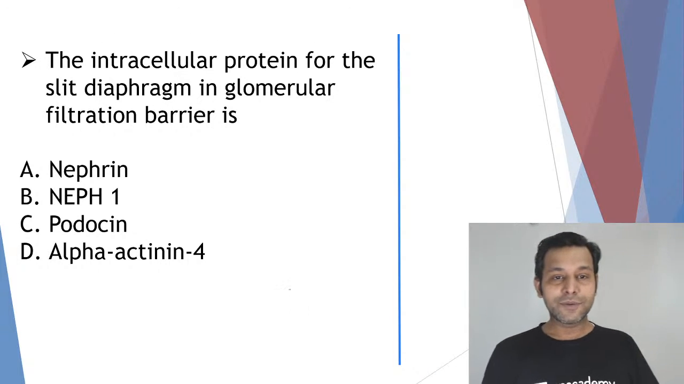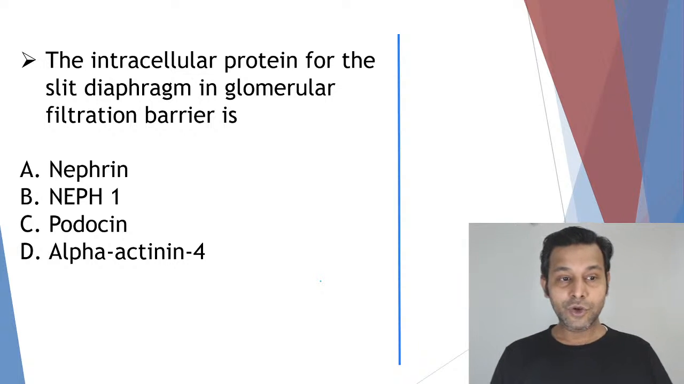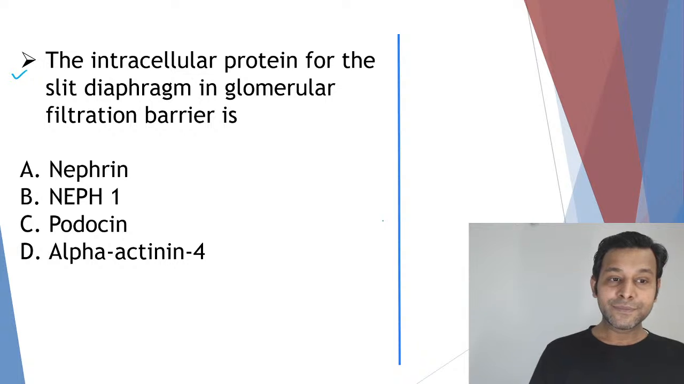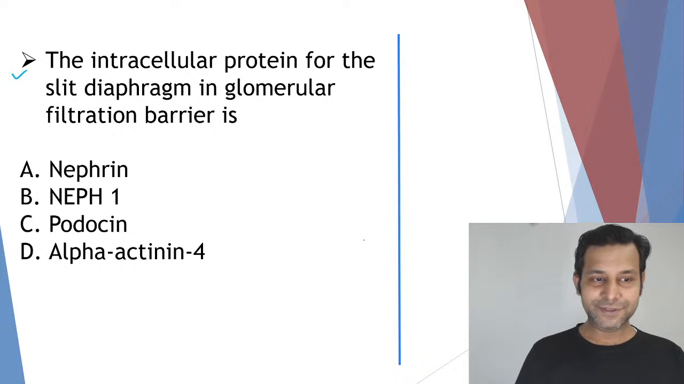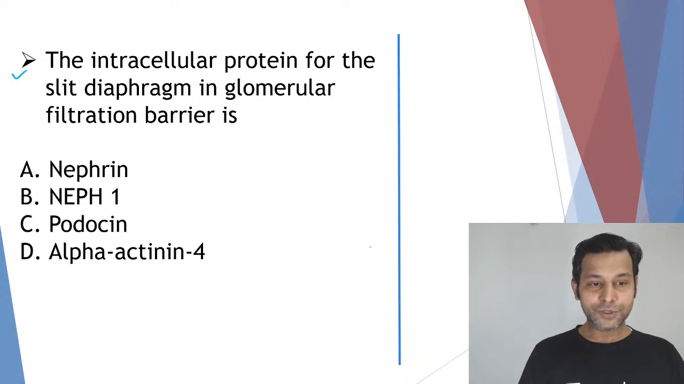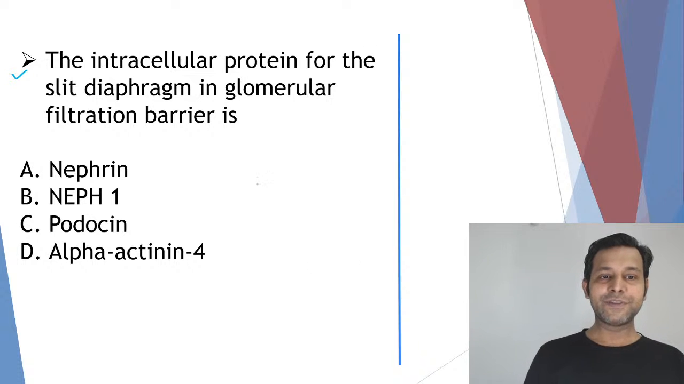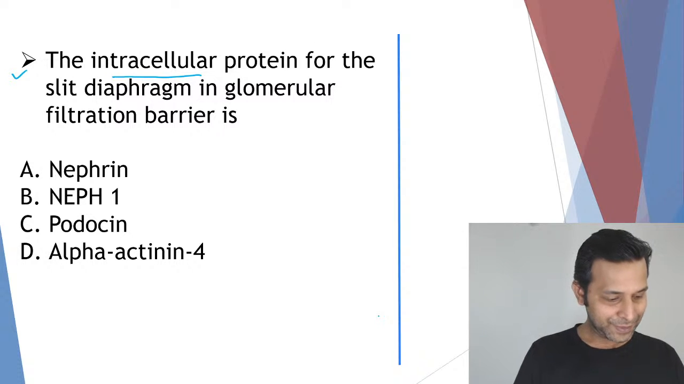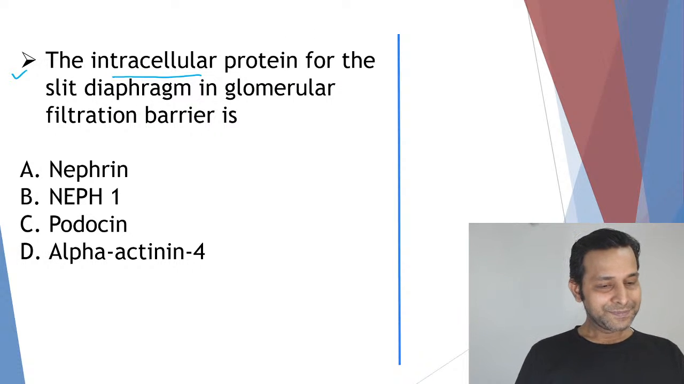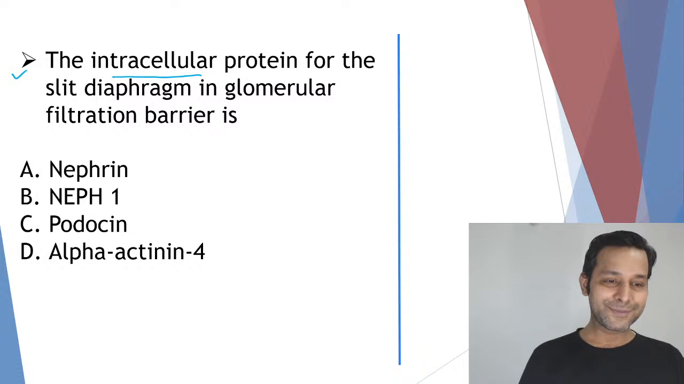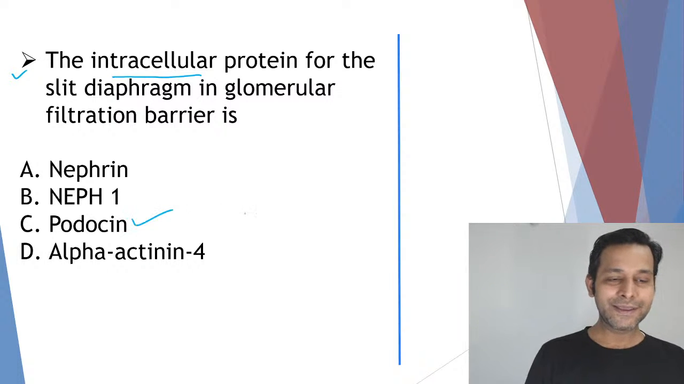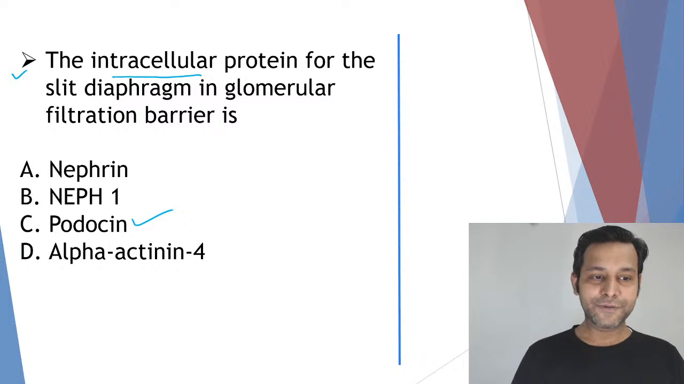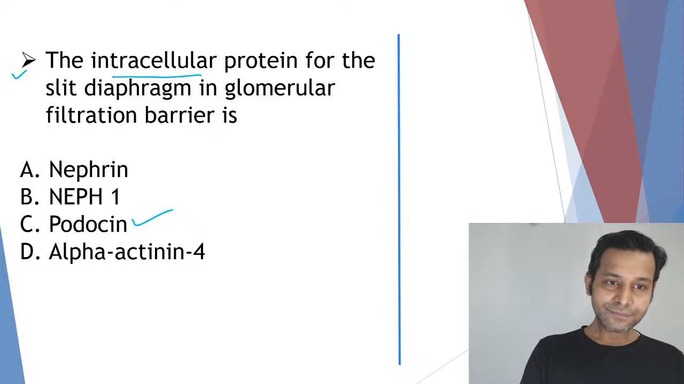The extracellular protein for the slit diaphragm in the glomerular filtration barrier is nephrin, neph1, podocin or alpha-actinin 4. Which is the extracellular protein for the glomerular filtration barrier? Yes, can anybody answer this? Yes, Moksha, very right. Podocin is the protein which is the extracellular protein. Rest all the proteins, that is nephrin, neph1 and alpha-actinin, are all